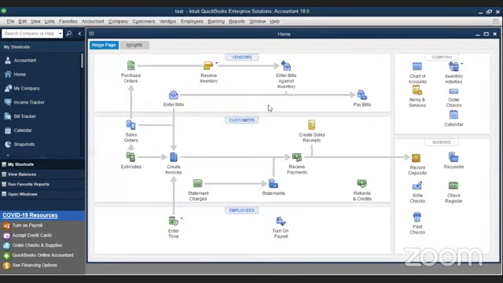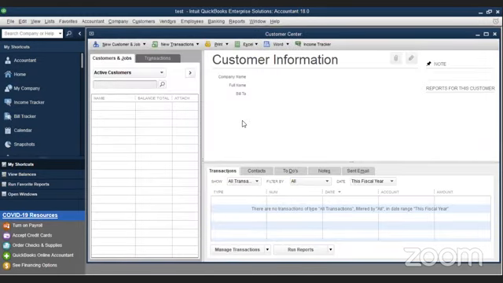I'm going to move to the customer column. The customer and the vendor, regardless of their nature, the window is somewhat the same.